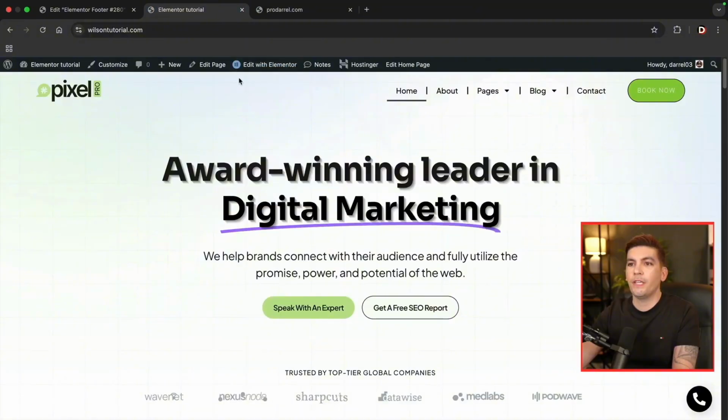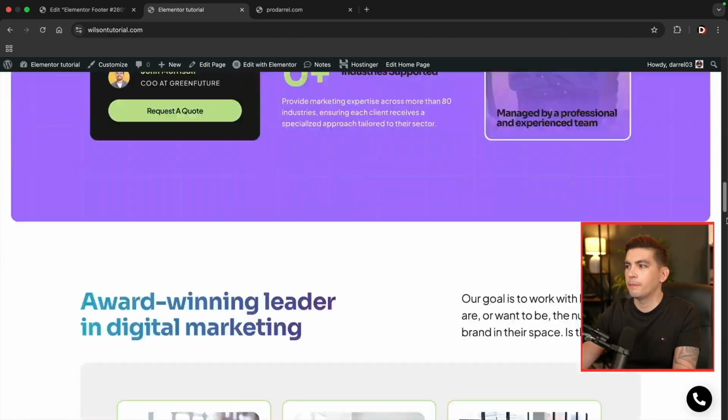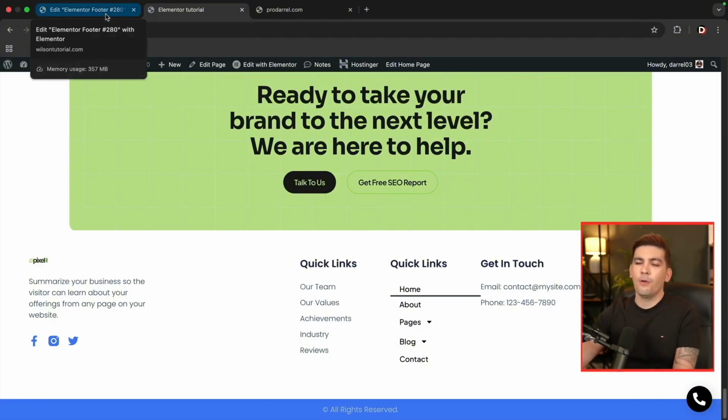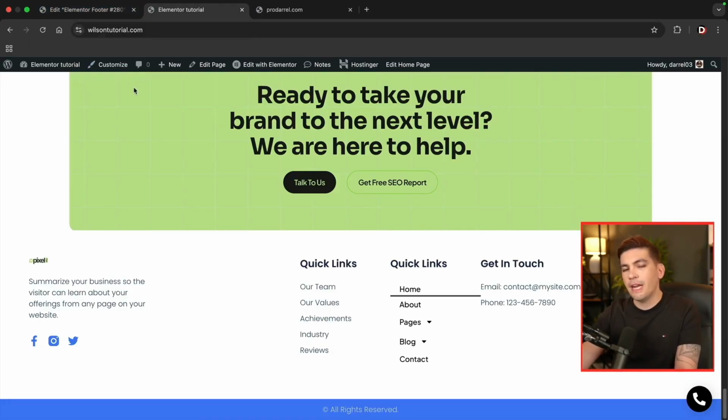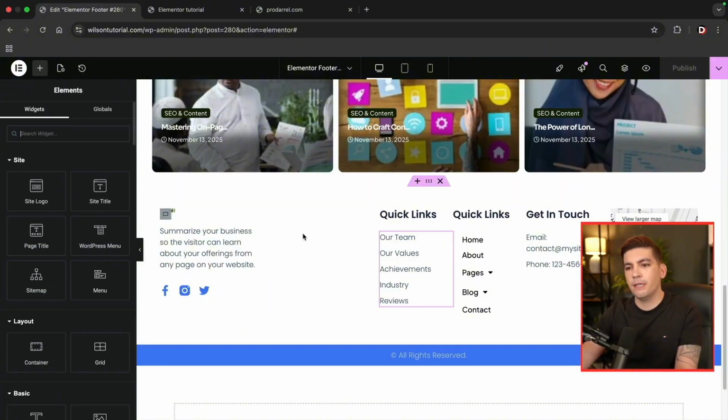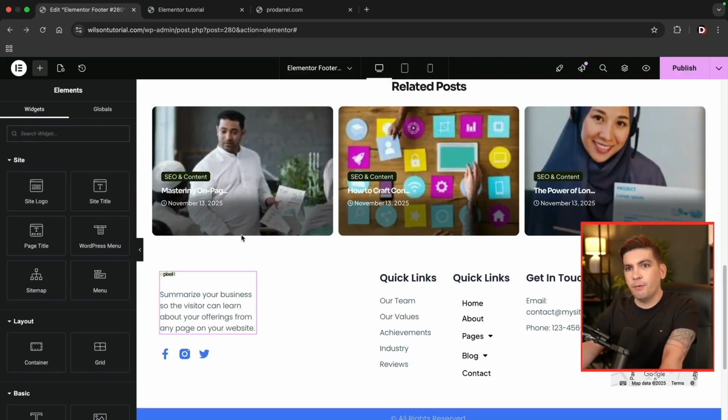And then going over here to our website, if I refresh the page and we scroll all the way to the bottom, here we go. You're now going to see that we have this new footer that is now active on our website. So the theme builder obviously gives you a lot more control. Originally you'd have to use the actual theme settings, but with the Elementor theme builder, as you can tell, you can custom build this footer and make it as large and complex as you choose. So next, let's talk about the next section, which is the actual